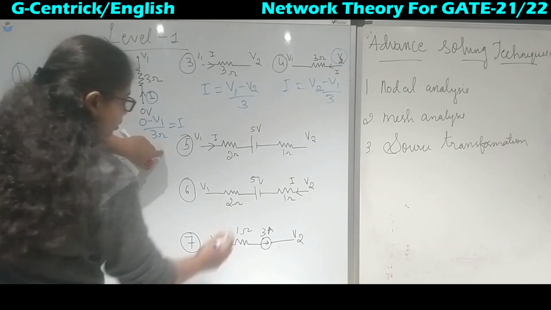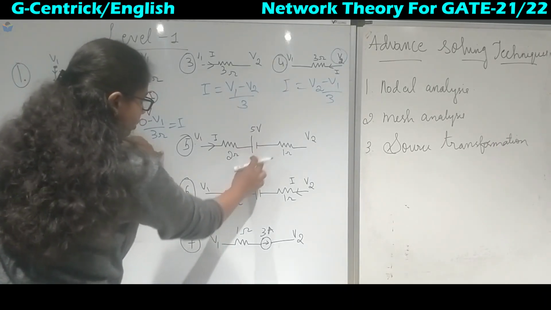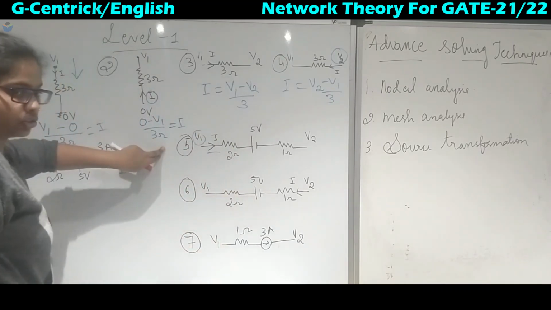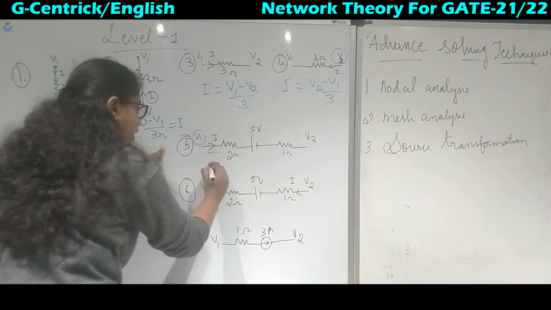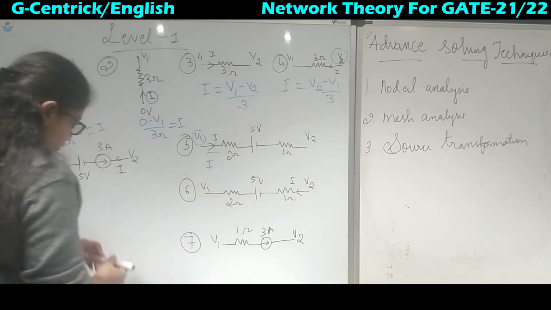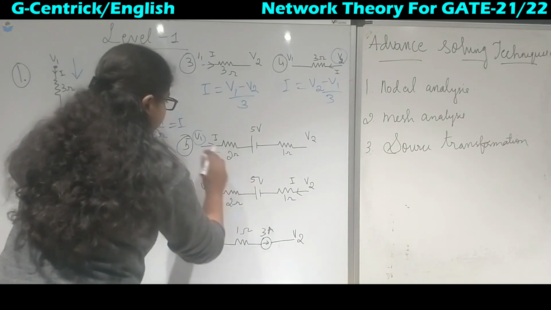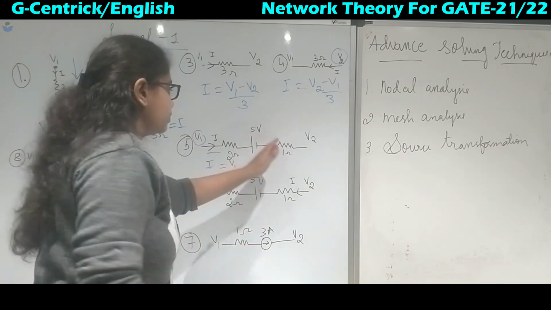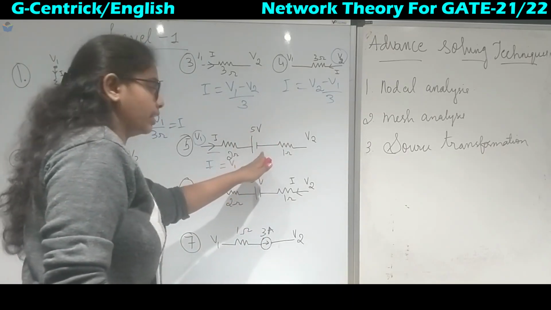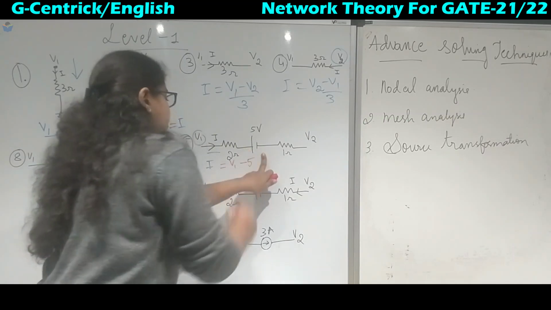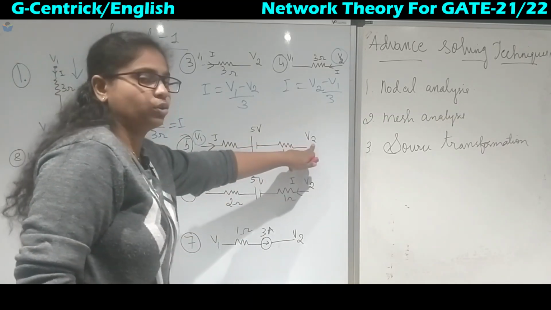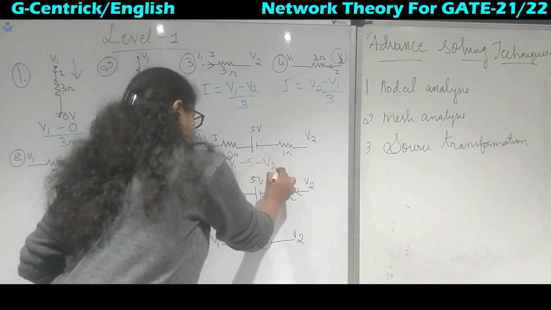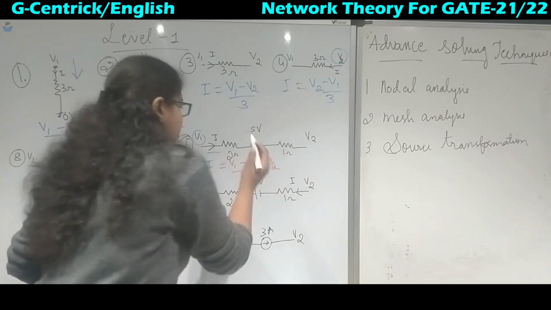Coming to the fifth question, here we have introduced a battery in the branch. So what will be the condition? Here is V1, and current is flowing in this direction. So we will assume V1 is at higher potential. So I is equal to V1, and as in KVL, we take the sign that comes after the polarity of the battery, that is minus 5 volts, and we have assumed that V2 is at lower potential, so we take minus V2, upon the summation of the resistors, that is 3 ohm.